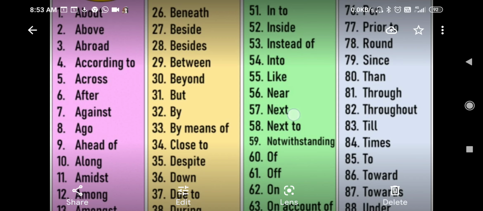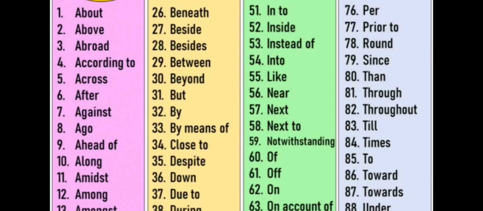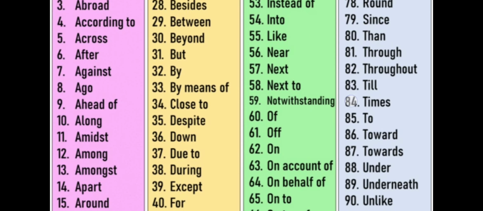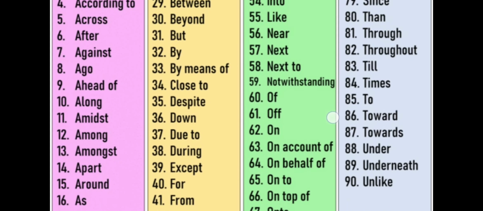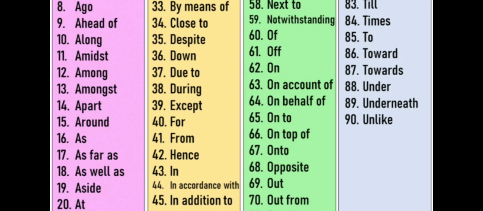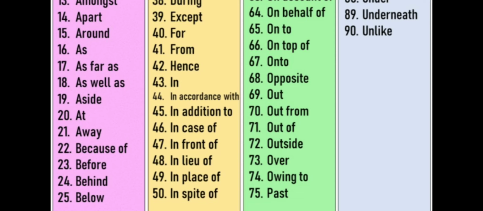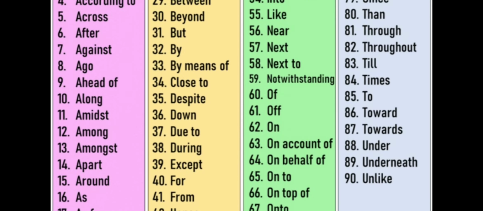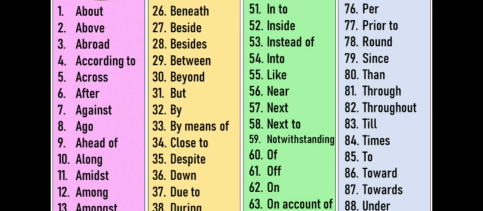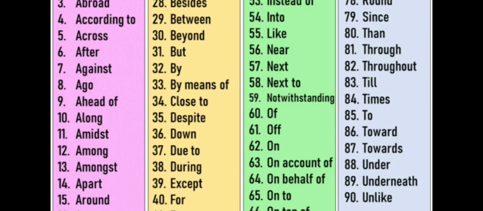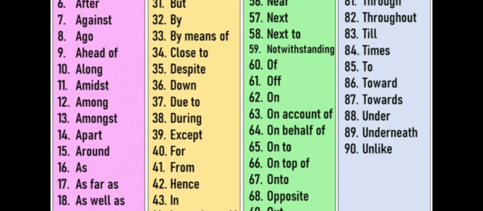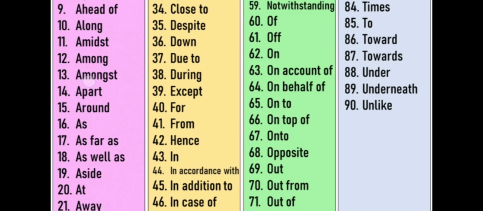हाँ, अब बहुत सारे prepositions, बहुत सारे कुछ important words हैं। For example: about, above, abroad, according to, across, after, against, ago, ahead of, along, amidst, among, amongst, apart, around, as far as, as well as, aside, at, away, because of, before, behind, below, beneath, beside, besides, between, beyond, but, by means of, close to, despite, down, due to, during, except, far, from, hence,